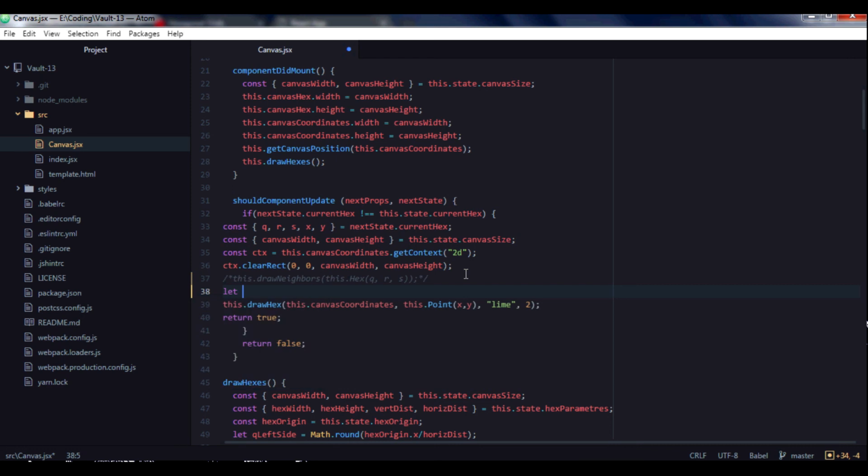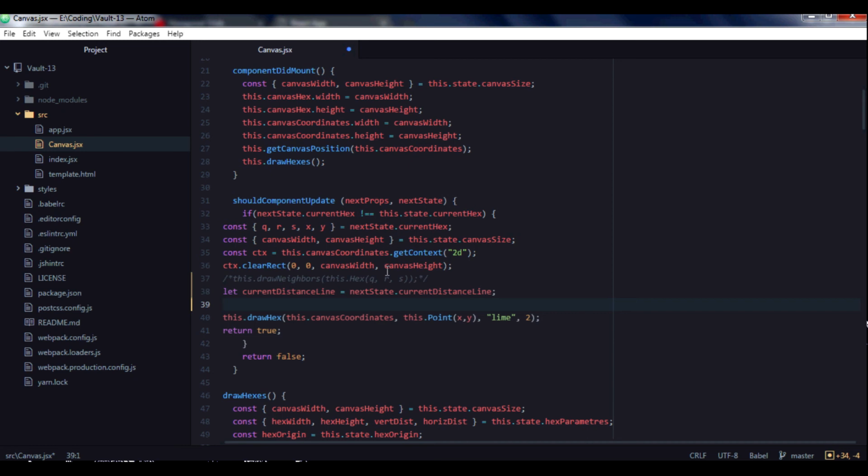We'll use current distance line variable from next state, so when this state current distance line doesn't equal to next state current distance line, we get new current distance line state, assign it to this variable, and then we again use